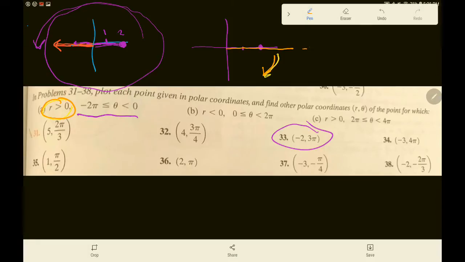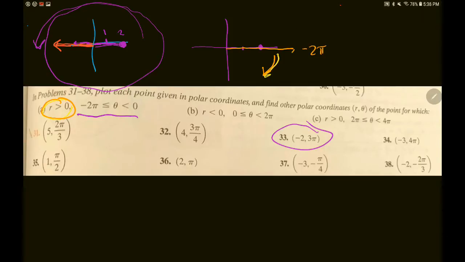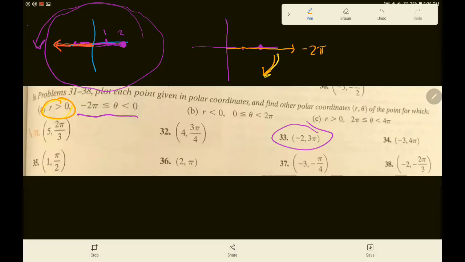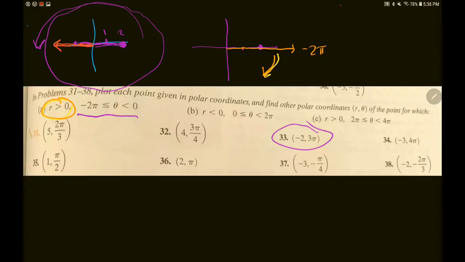This is the angle -2 pi, starting at 0, and we go clockwise around the circle, not in the normal counterclockwise way we would go from 0 to pi over 2 to pi to 3 pi over 2. We're going in a negative angle direction, which means we're going clockwise all the way around once to the angle of negative 2 pi. And now we can get a positive r because we are at the point r equals